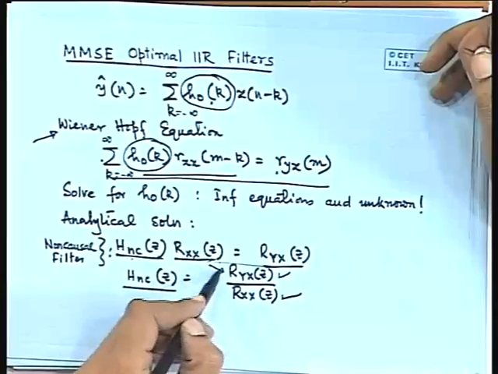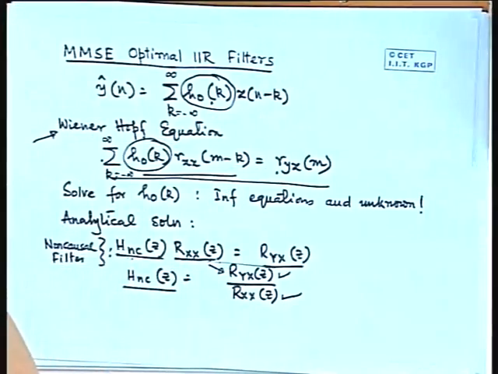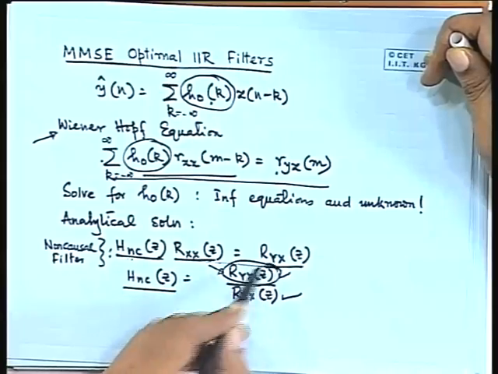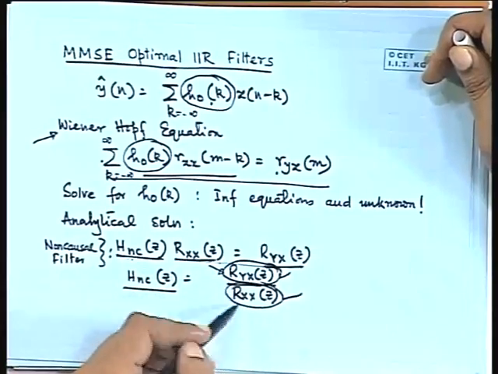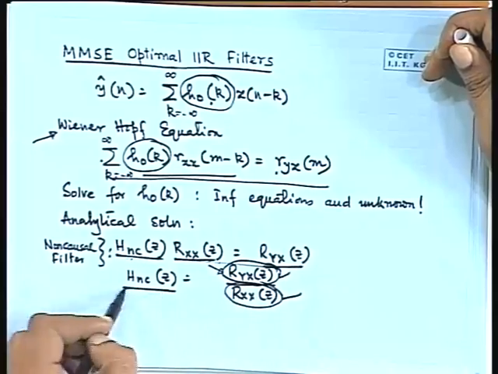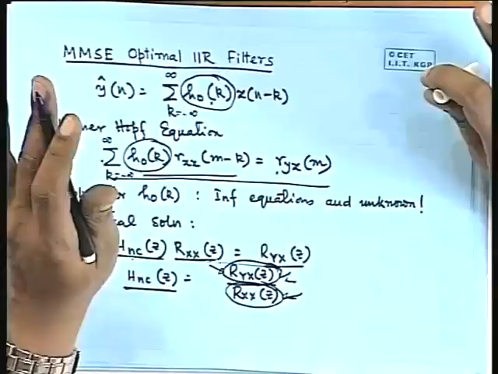So what does it give you? It gives you some H_NC(z). It's some plot. You just compute this Ryx(z) as some plot, and if you just happen to define this and this, you can actually compute based on data. Then if you divide it, you will get this. This at least you got some solution. You don't know how to do this so far, but if you could write the solution,